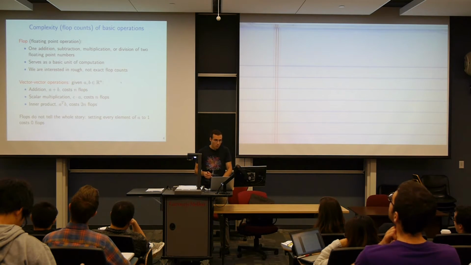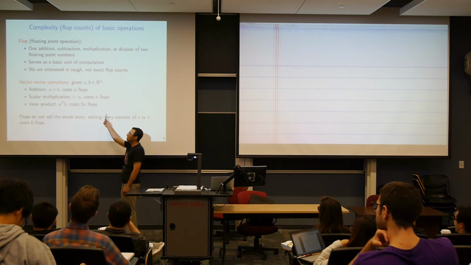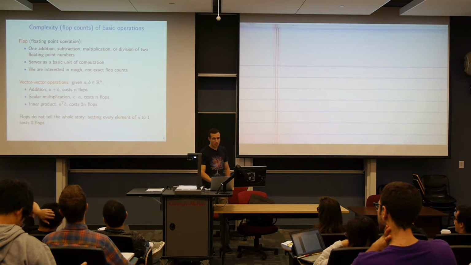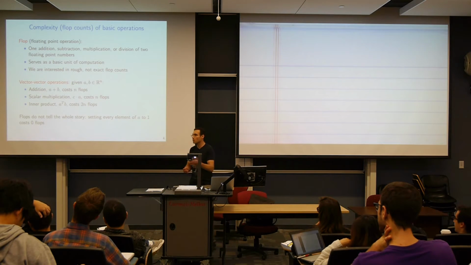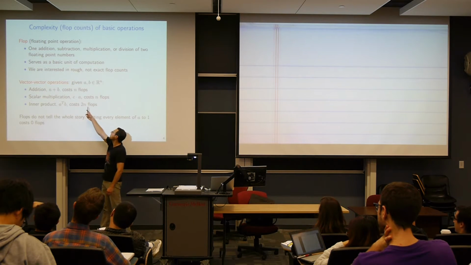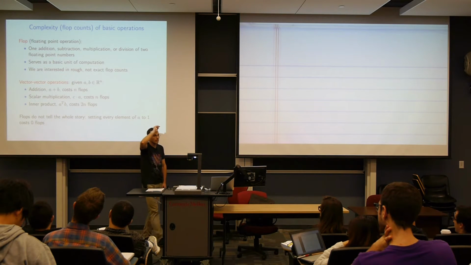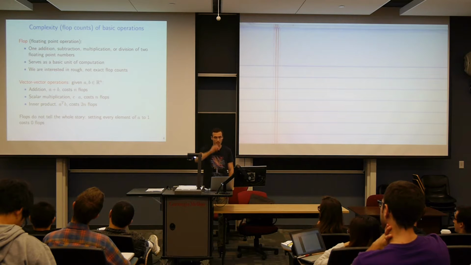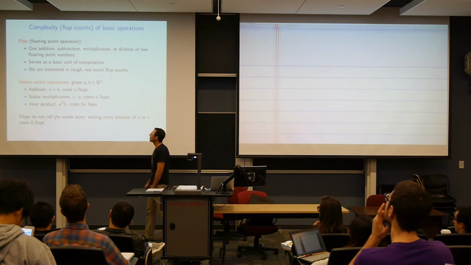So sticking with the definition of flops, how much do basic vector-vector operations cost? Let's just go through this very quickly. If we have two vectors in Rn, adding two vectors costs n flops. So just add, for example, each component of one vector with the other, right? So there's a total of n additions I make. Scalar multiplication, multiplying a scalar c by a vector a, costs n flops again. Now it's just n scalar multiplications. An inner product costs 2n flops. Right, it's actually 2 times n minus 1 flops,